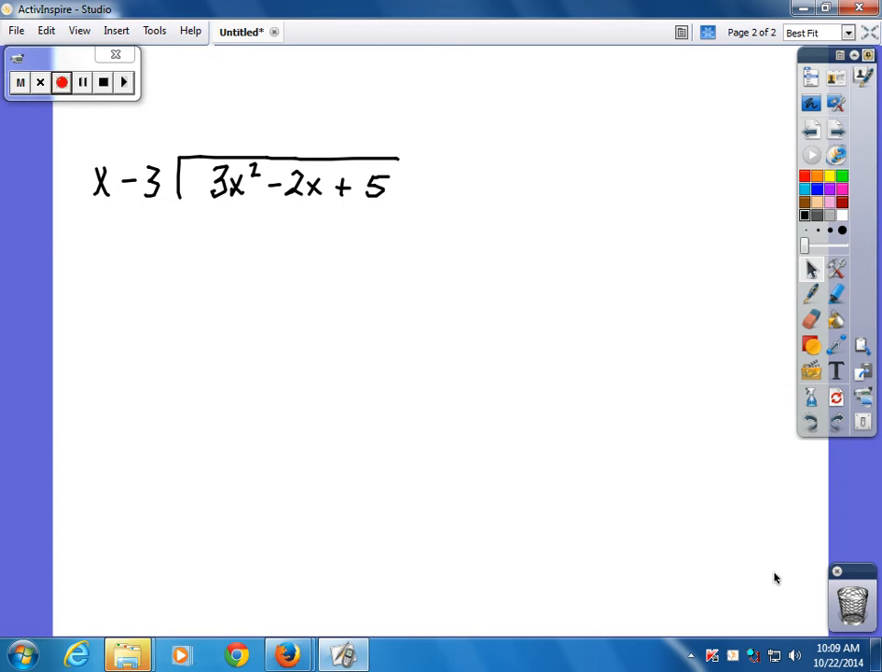All right, so I went ahead and I said x will go into 3x squared 3x times, and 3x times x is 3x squared, and 3 times negative 3 is what? Negative 9x, and then I go out here and put a big negative. All right, that's one way of doing it. Another way of doing it,